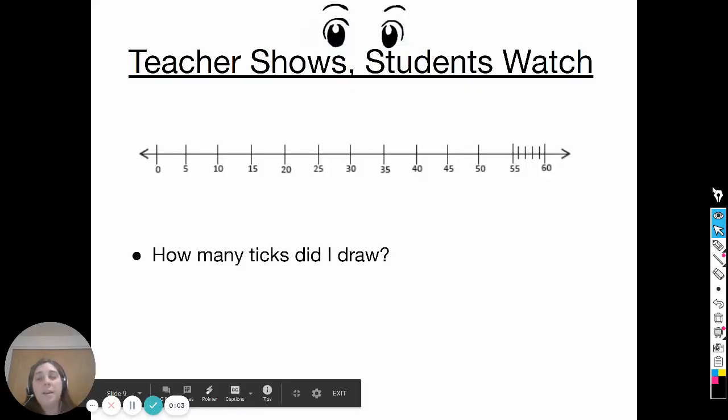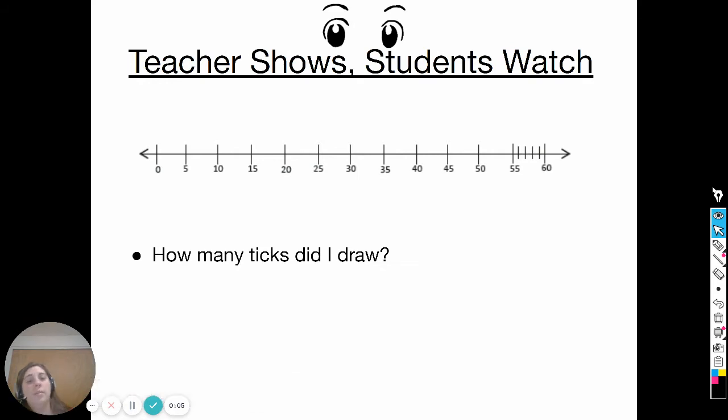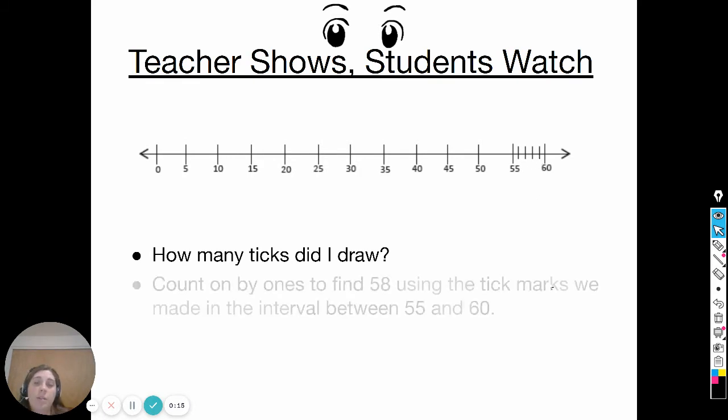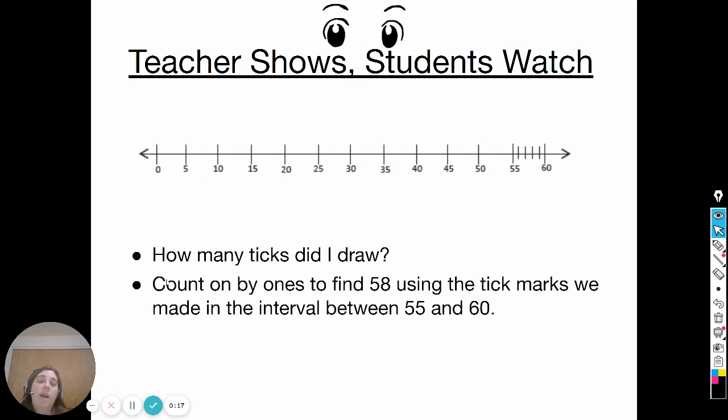Okay, so how many tick marks did I draw? If you're looking at in between 55 and 60, you drew 1, 2, 3, 4 tick marks. Now we're going to count by ones to find 58 using the tick marks we made in the interval between